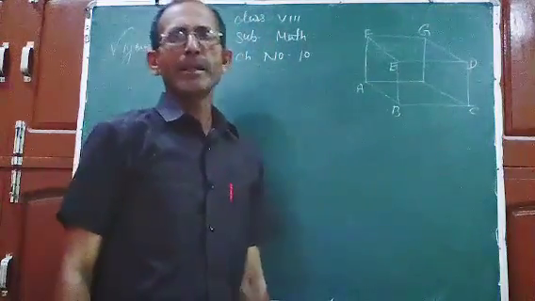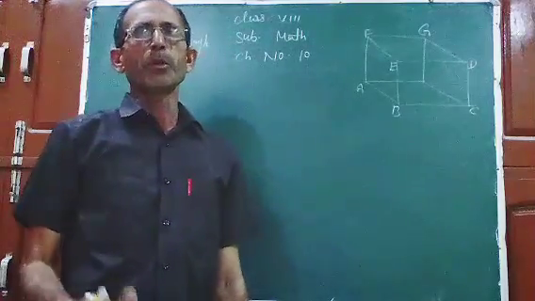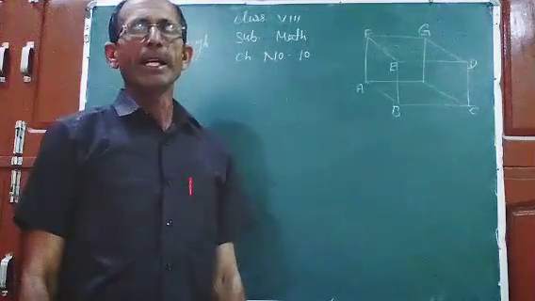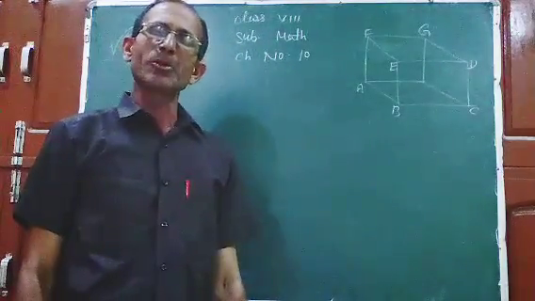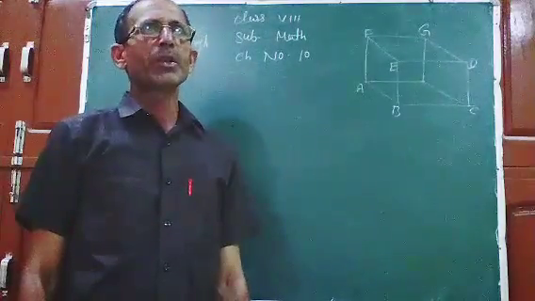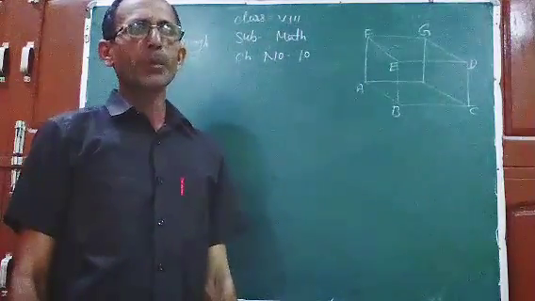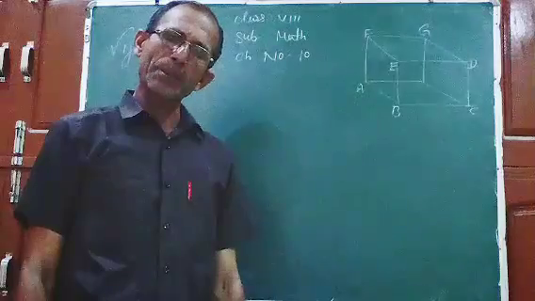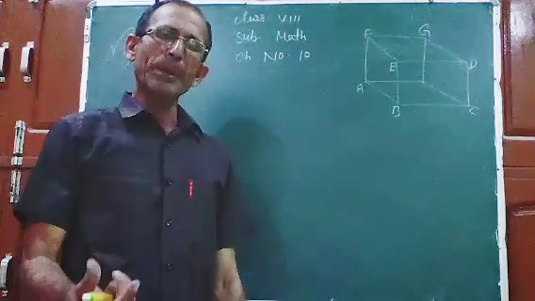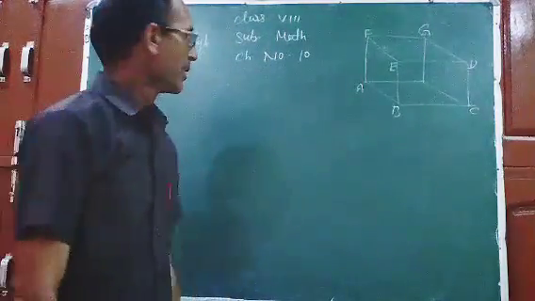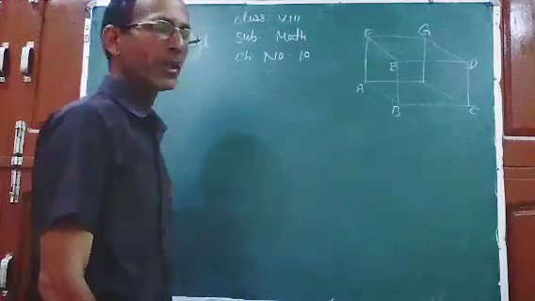So a brick is an example of a cuboid, your book is an example of a cuboid, and if you are sitting in a rectangular room, that also is an example of a cuboid. I hope you have matchboxes also, an example of a cuboid. So how many faces are there? 6 faces.